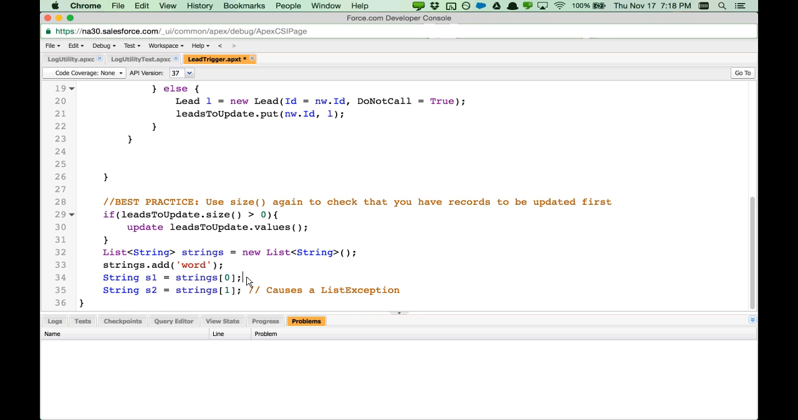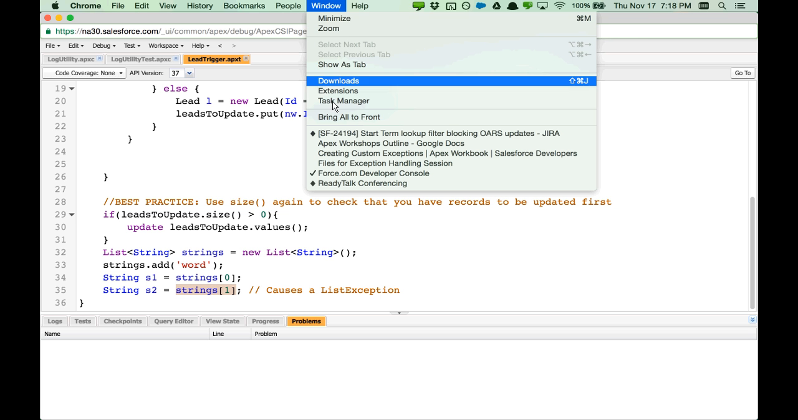That's all well and good. We know we added 1 there. But then the next thing we try and do is we create another string called S2, and we tell it that it should get the second item in our list. Well, there's only 1 item in there, so when the runtime engine executes this particular line, it'll throw a list exception telling us that there's nothing at index 1. So I'm going to go ahead and save this because as far as the compiler sees it, this is perfectly fine. But now if we go over to our UI,